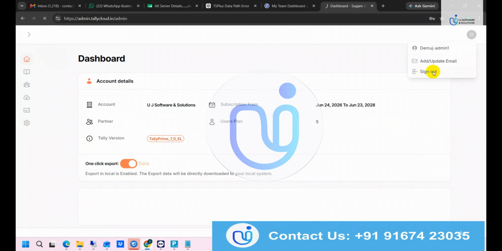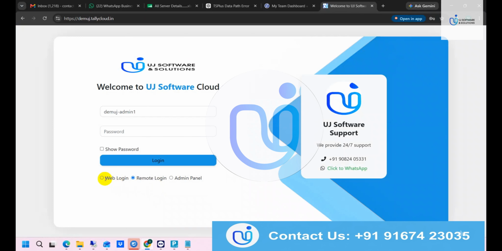And then we have the remote login and the web login. There are three differences between web login and remote login. First is the upload, download, and copy paste. In web login, we have done customization of upload and download, and in remote login, we use copy paste. Secondly, the printer. In web login we are using a universal printer, and in remote login we are using a virtual printer. And if you are using DSC, that is digital signature, then you have to use remote login. In web login it is not working.